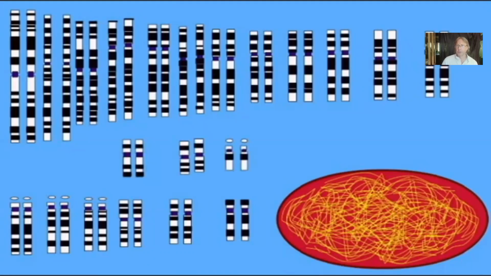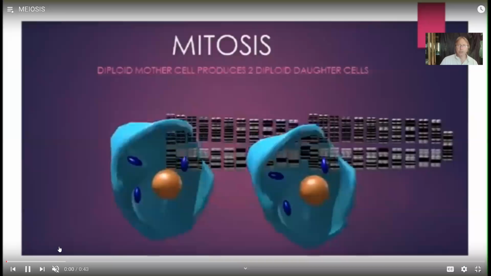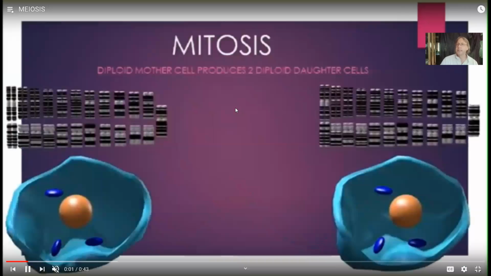So in mitosis, a mother cell which is diploid produces 2 daughter cells which are diploid. Mitosis is essentially trying to clone the mother cell. But that doesn't work for sexual reproduction. Sexual reproduction then is going to need a new type of cell division, not mitosis, which produces 2 diploid daughter